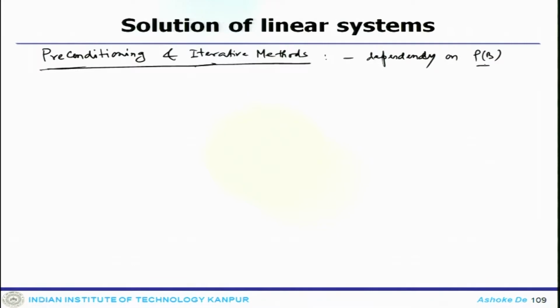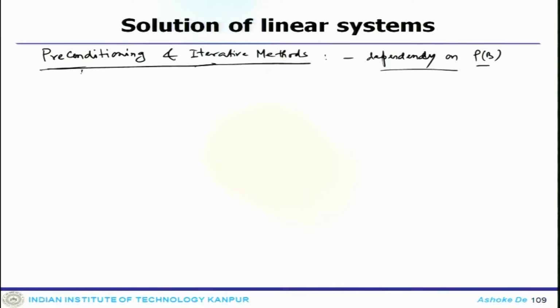So, what preconditioning does is that the iterative method can be defined in a better way where you can actually improve its convergence. In that way, the iterative matrix can be transformed to an equivalent system, and then the transformed system can be solved. So, that is where the preconditioner comes into the picture.